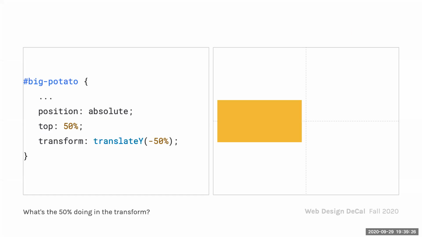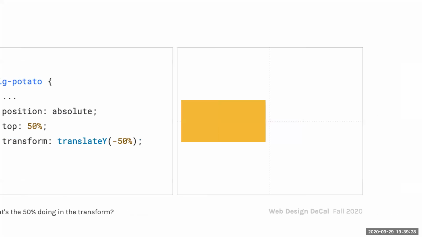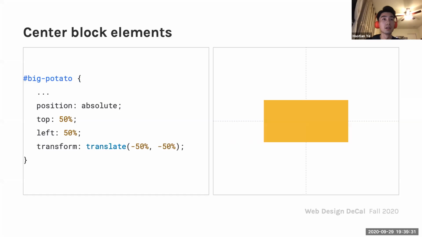I had a question about the center part. When we're just doing horizontal, you use margin, and when we did vertical, you use absolute. But how come when we combine them, you only use the absolute positioning? That's a good question, actually. I think honestly you can,